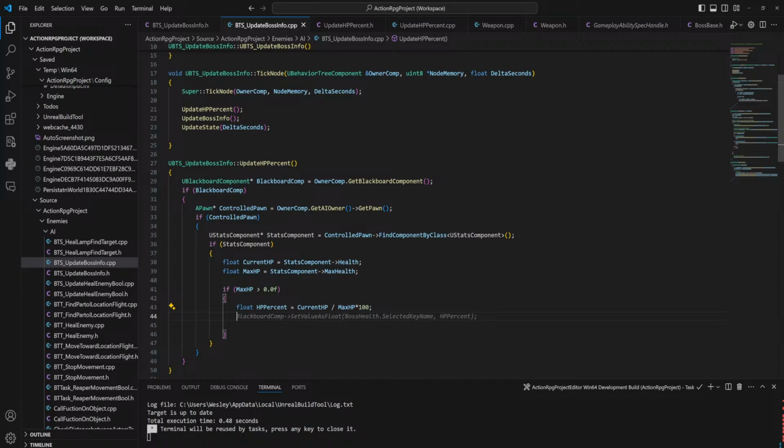Blackboard components set value to float. Did I actually have something different there? No, that... Yeah, no, that actually... What the... That checks out. Let me... Why are you not allowing me to... Oh, it's probably because of this, right? No?